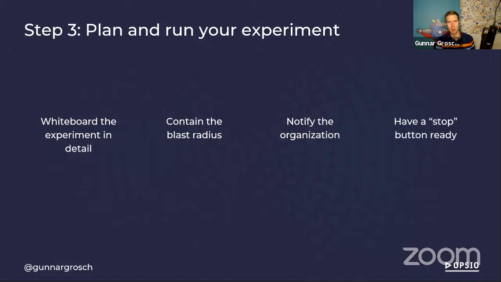And when we create our experiments, we need to have a way to abort. So have this stop button ready. If we remove the primary database, well, you better make sure to have a way to get it online fast. If either the experiment actually causes an outage, or just when you've seen that it worked, you've proven your hypothesis.